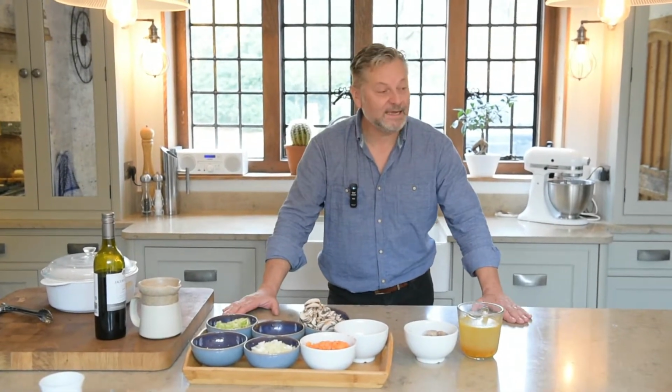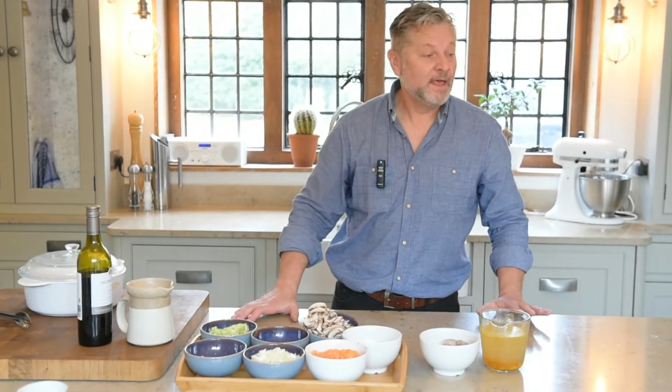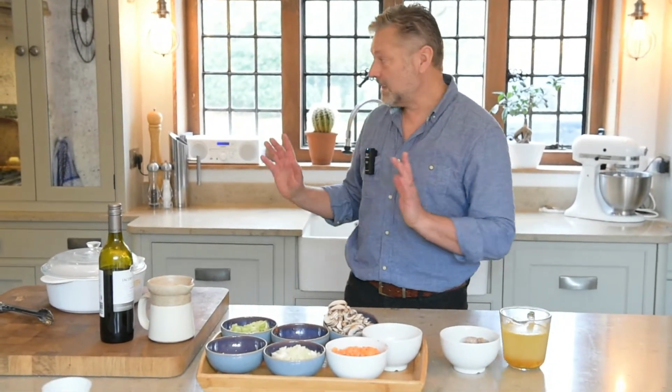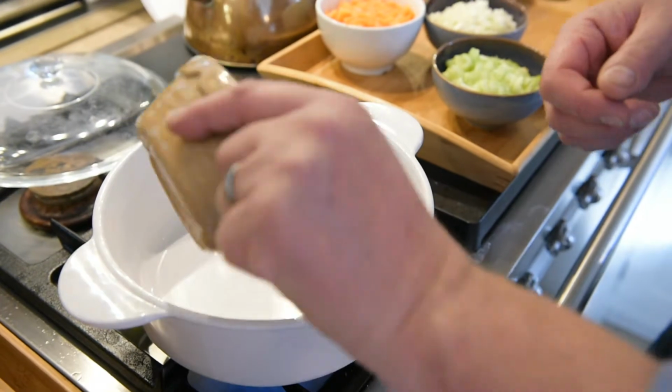Today we're doing Katie's Italian lamb. We've got the lamb in the oven already cooking. That cooks for 35 minutes. We're going to get that out in a second, but first of all we're going to sweat off all the vegetables. Right, so heat up your casserole dish, put in the butter